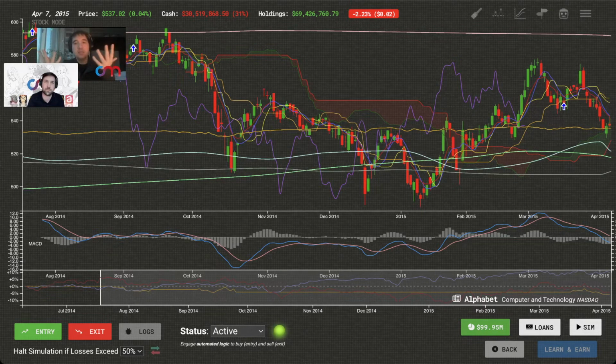Quants in finance basically put this to the test and run it on historical data to see if it actually passes the test, if it actually works. This game is an abstraction of that. This game really just is a sandbox of back testing economic principles in markets, where you test your own trading strategies and you back test it on real data, and the confidence that you have in your trading strategy grows. You're going to make tons of mistakes.